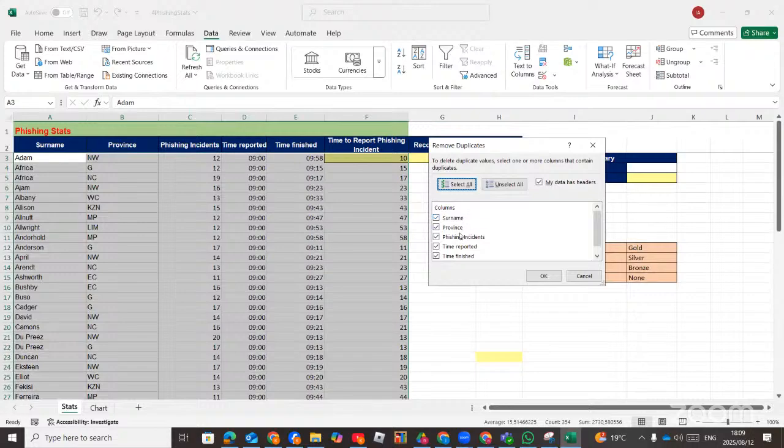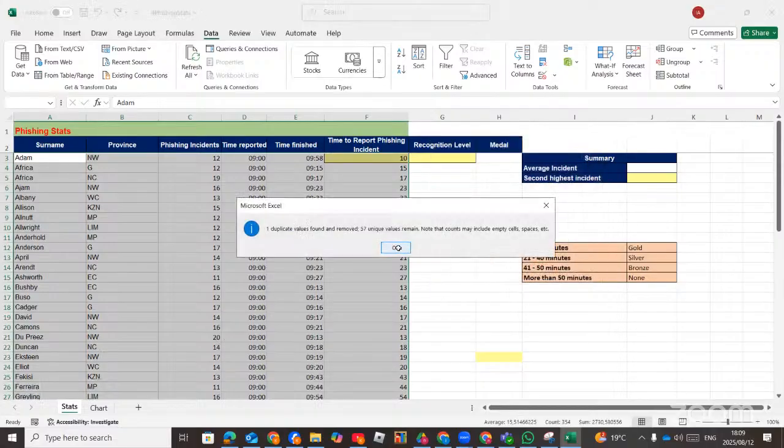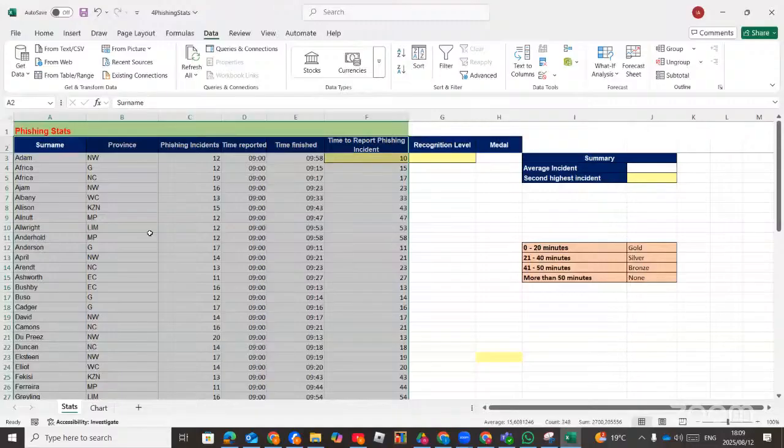Then we are removing duplicates only for column A, which is the same name. Right. So basically that's how we remove the duplicate, because we got only one Africa and then the